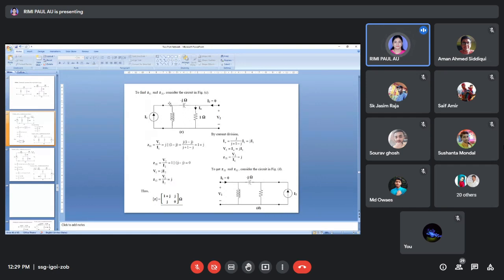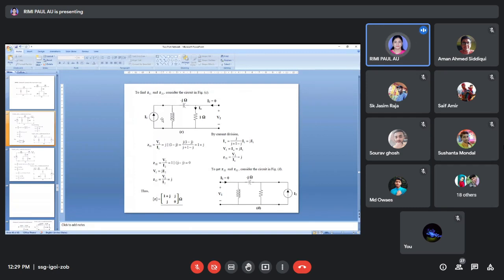So if I consider this circuit, this is a plus j ohm, it is given in ohm form. If the value is given in microfarad or millihenry or henry form, then you have to either convert it in s domain or in j domain. That means you have to convert to ohm, right? So here you can see that a current source is given. We'll give supply voltage V1. So first draw this circuit and write V1 here.